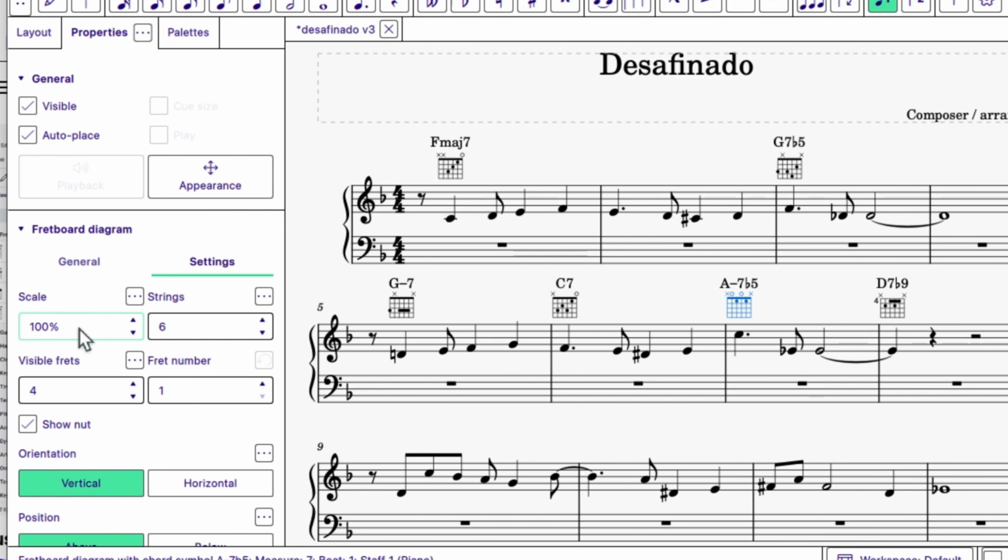Okay, I do want 100% scale. I want to show 6 strings. I want 4 visible frets, but sometimes when we're playing things like a 13 chord or an 11 chord in certain voicings, we sometimes do need more than 4 frets. I often display for my students an A flat major 9 chord that spans 5 frets just as a demonstration. Anyway, for our purposes today, 4 frets is more than sufficient, and I'm going to place my new